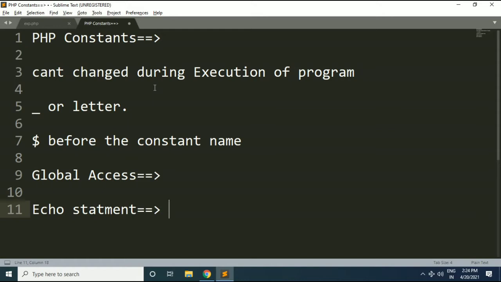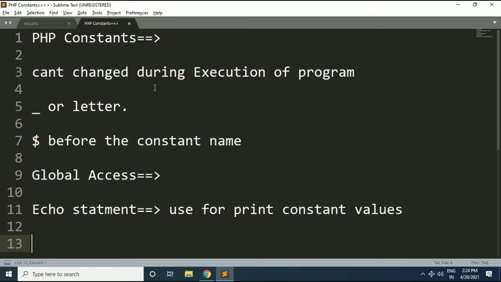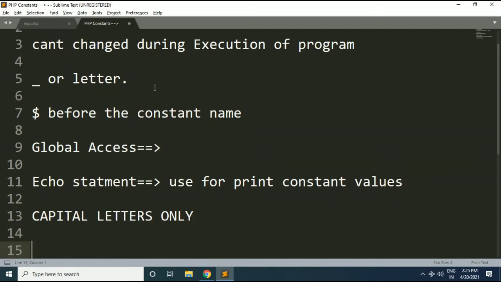Next, the constant name should be in capital letters only. This is the general convention for writing constant names.